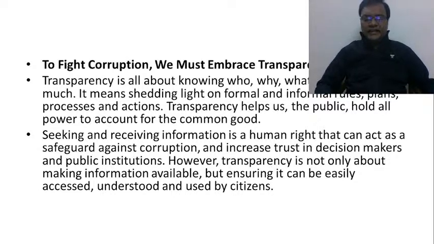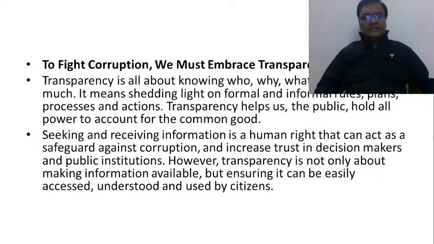So you don't need to find corruption at the topmost level. You can see the corruption in front of your eyes. And these corrupt people have so many connections. They can use all their connections to make sure that, one, they will get off unscathed from any kind of corruption inquiries. Second, they will make sure that those who are fighting corruption will be severely punished. This is where we say the problem is.